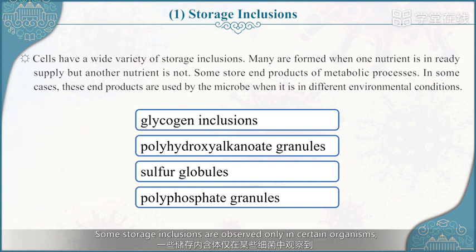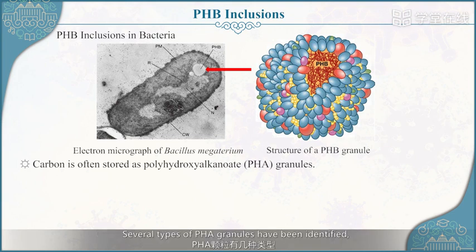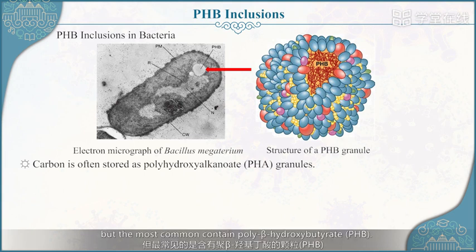Some storage inclusions are observed only in certain organisms, such as the cyanophycin granules in cyanobacteria. Carbon is often stored as polyhydroxyalkanoate granules. Several types of PHA granules have been identified, but the most common contain